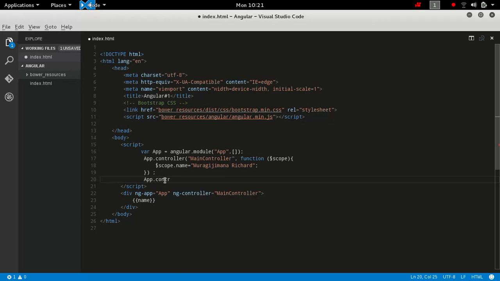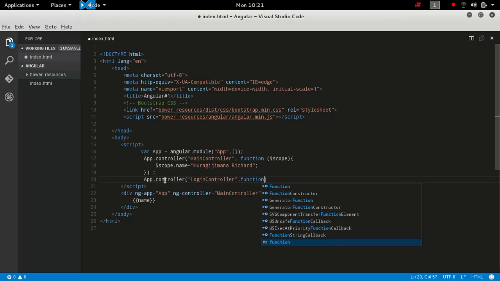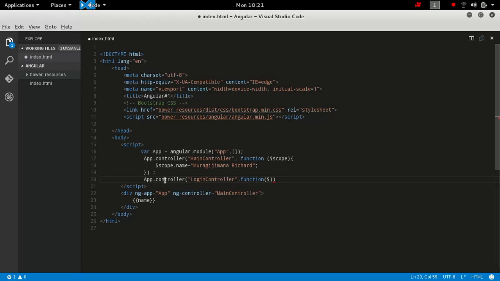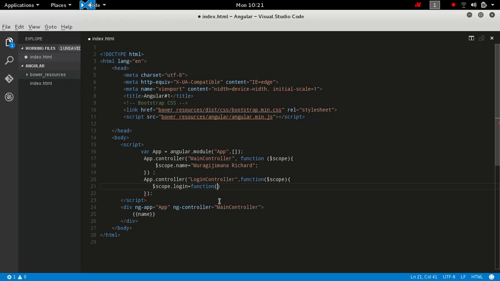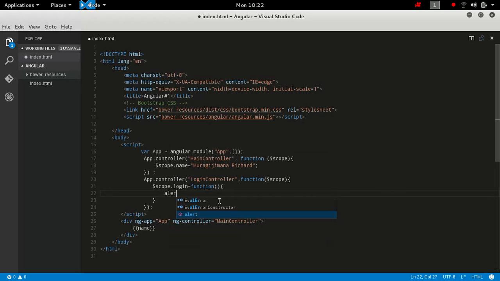which is like this, and choose the name, which is maybe going to be another controller, maybe login controller, and choose the callback, and it will need to use scope. You insert it here, you inject, that's what we call it, to inject the variable you want to use. Then the scope will have maybe login, and you can even create a function like this, and in the function, if someone clicks on your function, you are going to alert something